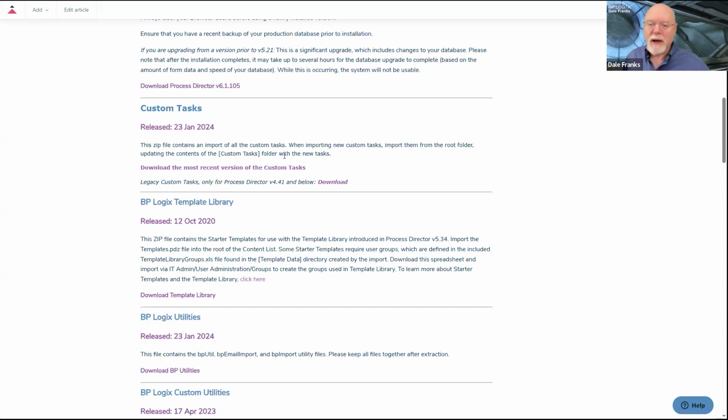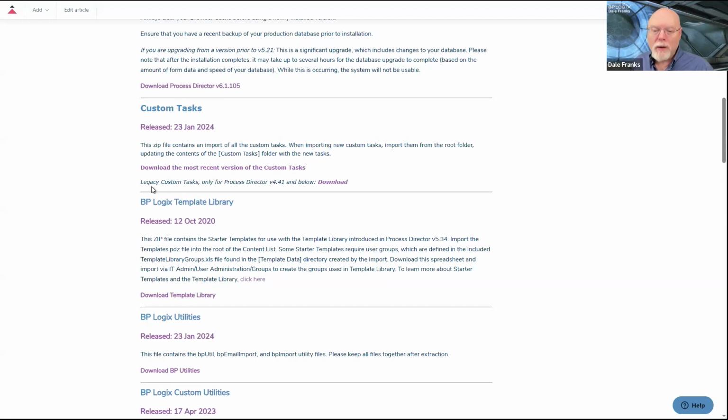It's a zip file that contains the PDZ to import into the system. Even though we sort of released them all as a bundle, it could just be that we made a change to a single custom task, and that's the only custom task that's changed. But downloading the entire bundle is pretty simple. You can just import the entire bundle into your system.